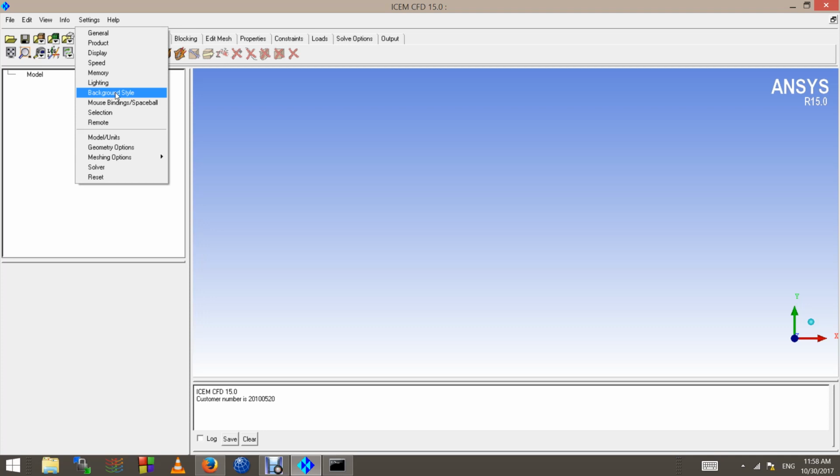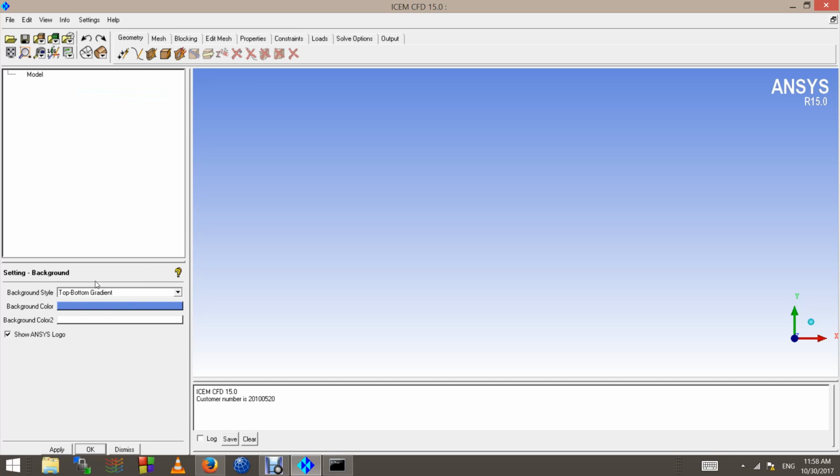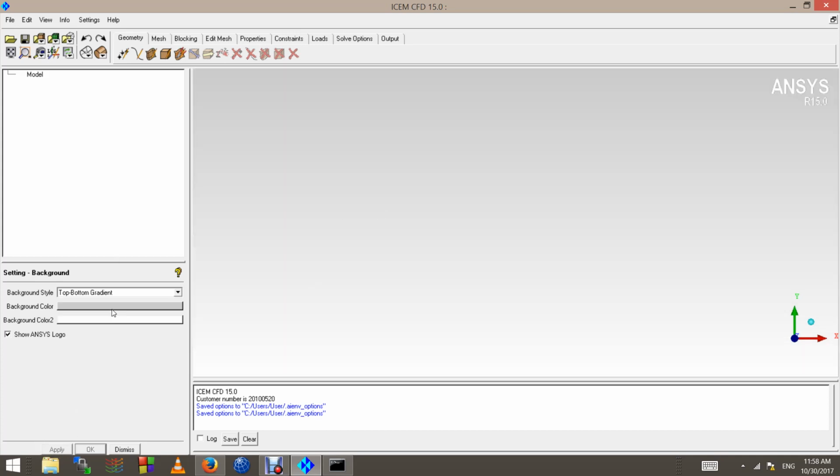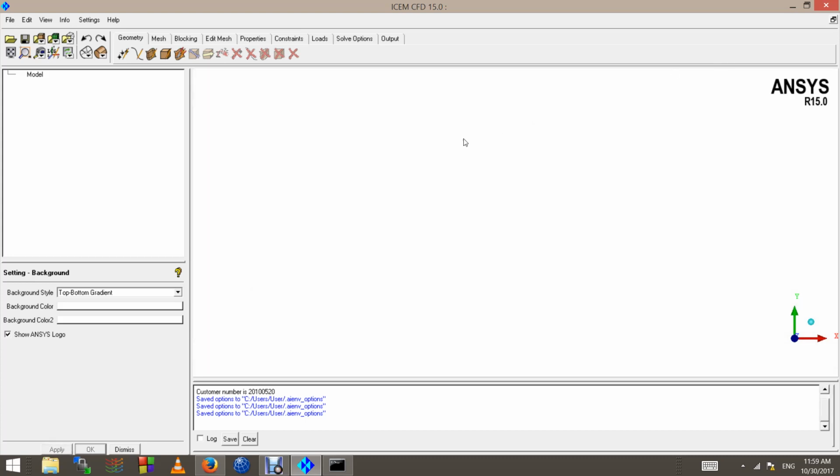So for example, if you wanted to change it to a black background, you can just go here and say your background color is black and you want to fade it into a top-bottom gradient into a white, then just click apply and there you have it. And I'm just going to revert it back to normal. I like white screens. Maybe it's not as normal as before, but